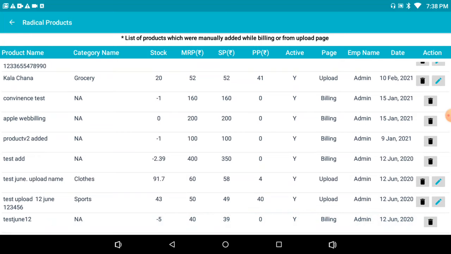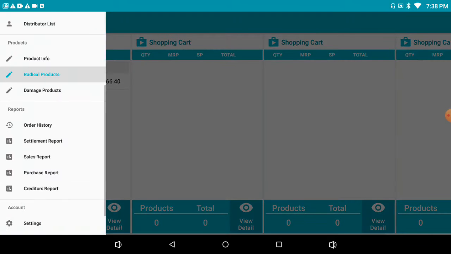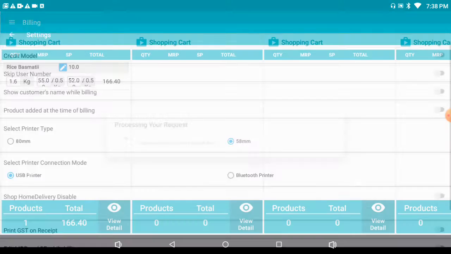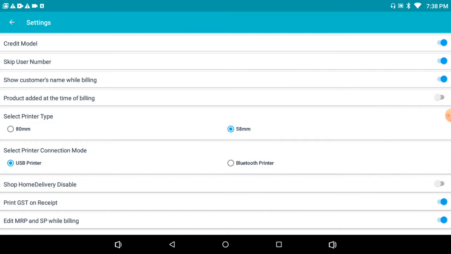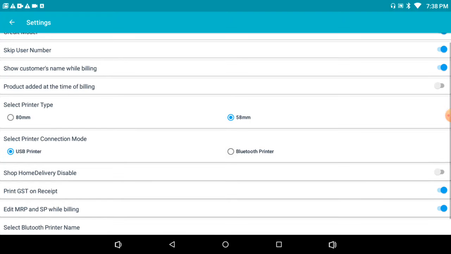How do we add items at the time of billing? As a shopkeeper you can turn off this option, so none of your employees will be able to add these items at the time of billing.